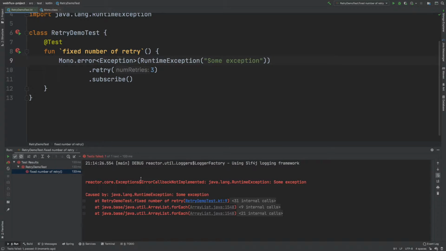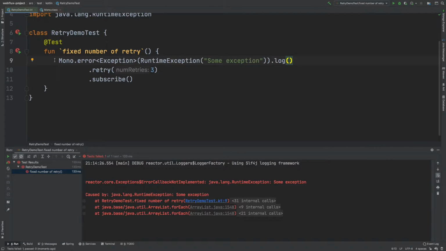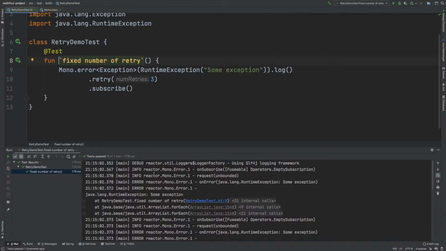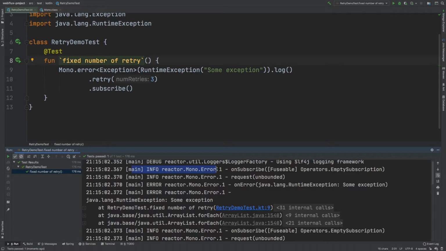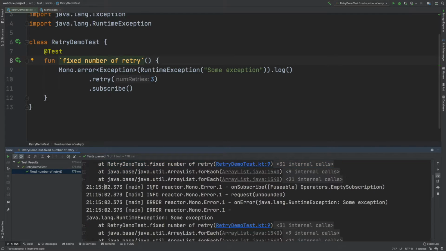So it internally retries. To see what is happening behind this, we can add a logger here so that we can see the retry logs as well. I'll rerun this example. Now if you see the output here, the onSubscribe has happened and then request, and then we got an onError signal, right, which we got at 1502. Then after printing the stack trace, it retries again.